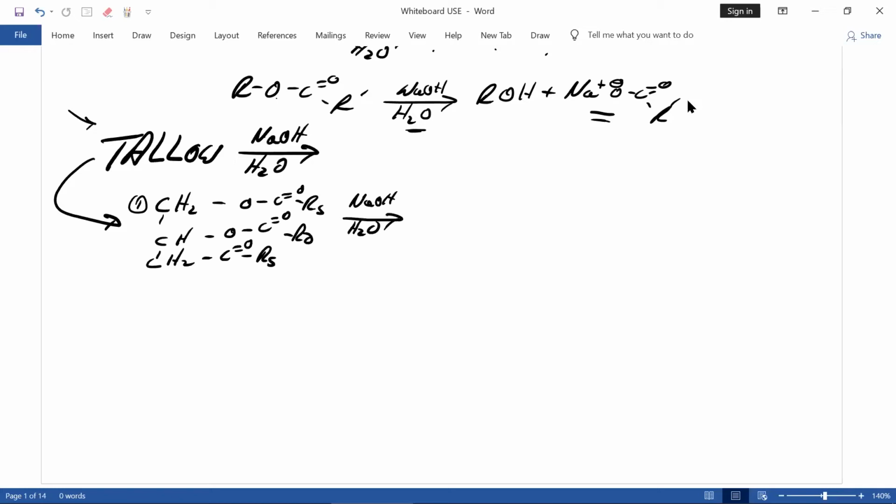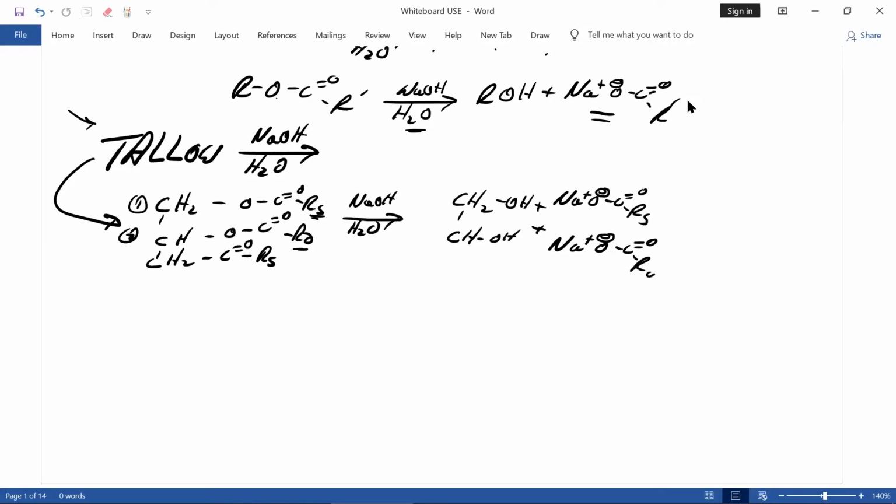All right, we have ester number 1. We get this alcohol, plus notice R sub S, so we get sodium stearate. Ester number 2, we have this R prime, which is R sub O, so we get this alcohol, plus, and if you don't put the plus signs in, I don't give all the points, plus sodium oleate,